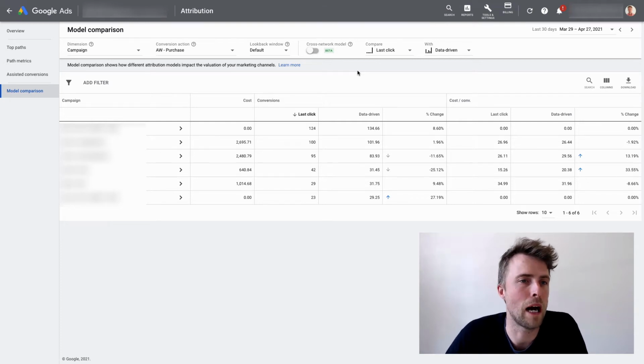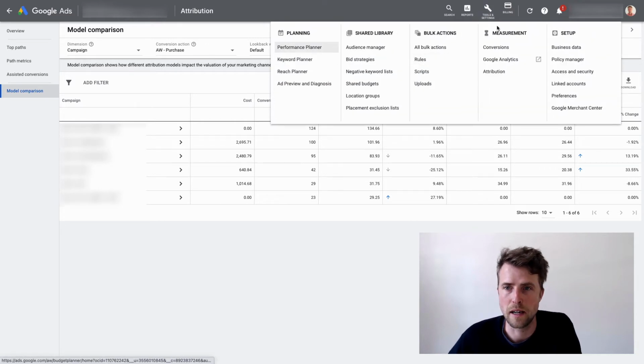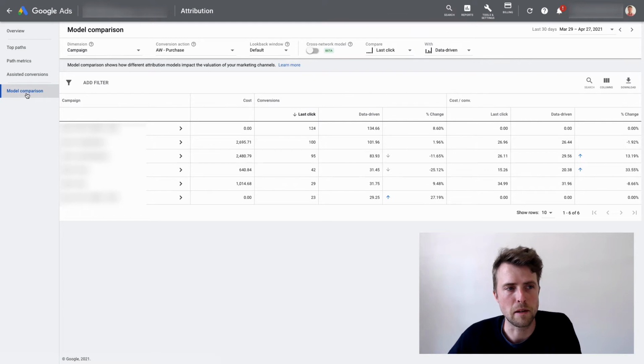Alright, in today's video I want to talk a little bit about attribution inside of Google Ads and more specifically the model comparison. So quick reminder, attribution is how Google Ads, here specifically, assigns a value to a certain campaign and a transaction to a certain campaign, right? So the default is last click. They look at the last click before the sale happened and assign 100% of the credit to that campaign. So here I'm in tools and settings, attribution,